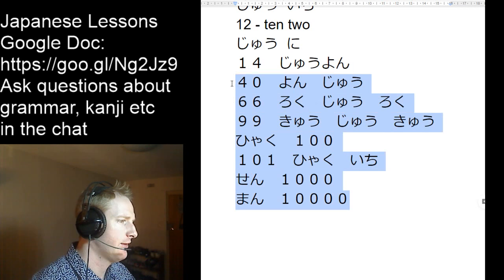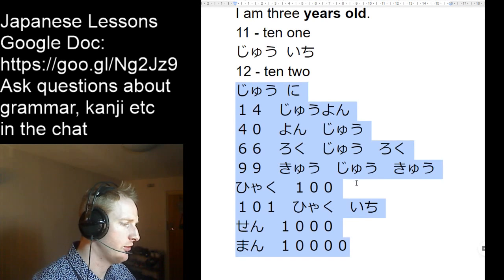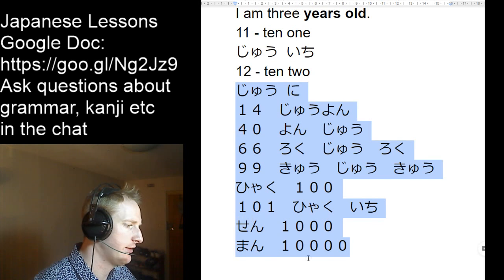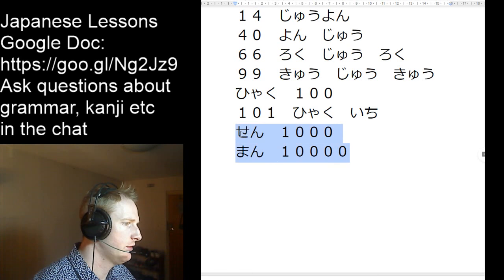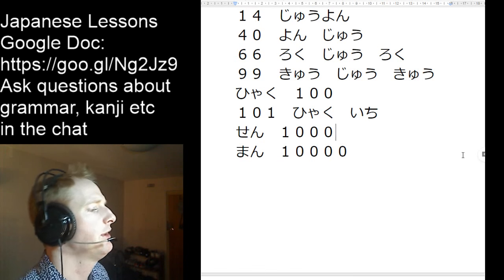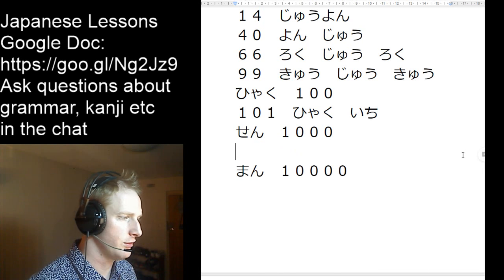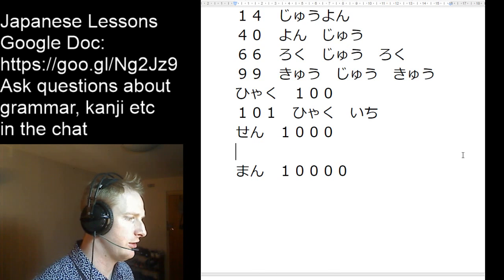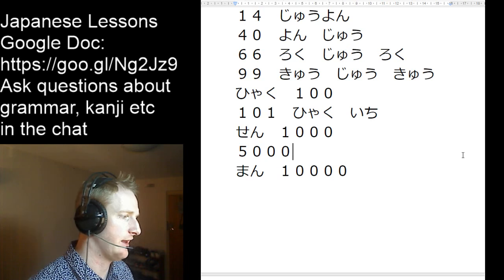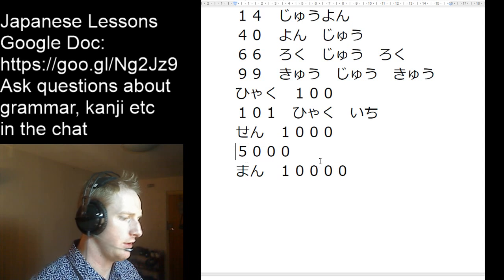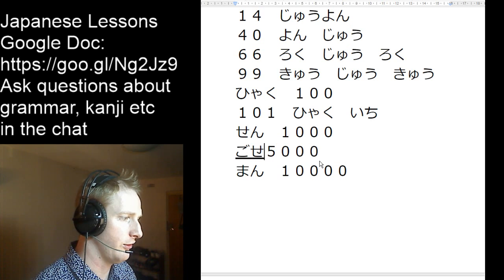Now, there are some pronunciation changes. I'll go into those in a little more depth, but as long as you can remember this basic system of counting, it's pretty good. These two numbers in particular are important because if we think about Japanese money, we have the 1,000 yen note, the 5,000 yen note, and the 10,000 yen note. So it's important to know these words